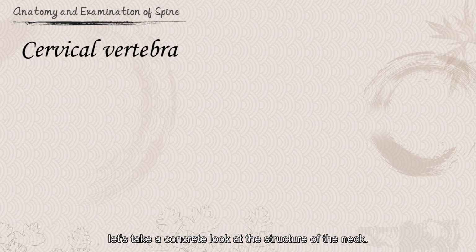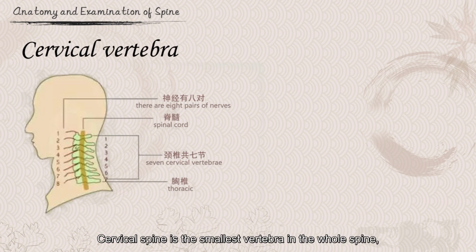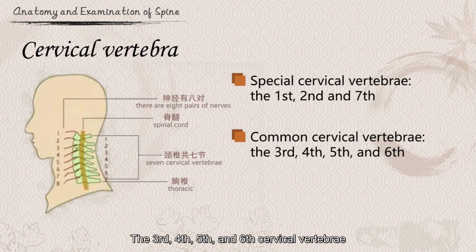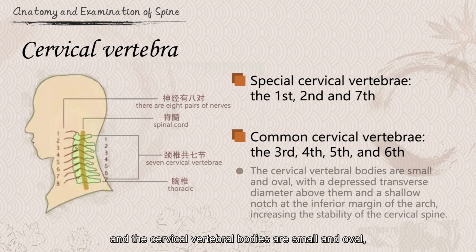Next, let's take a concrete look at the structure of the neck. The cervical spine is the smallest part of the whole spine, with 7 cervical vertebrae in total. The first, second, and seventh cervical vertebrae have special structural morphology and belong to special cervical vertebrae. The third, fourth, fifth, and sixth cervical vertebrae are common cervical vertebrae, and the cervical vertebral bodies are small and